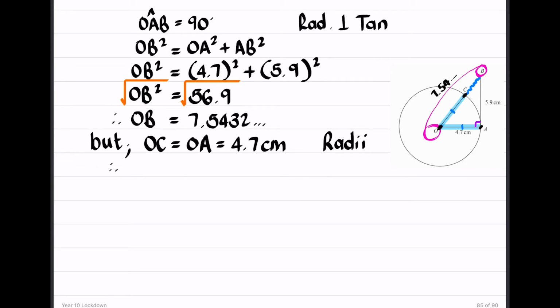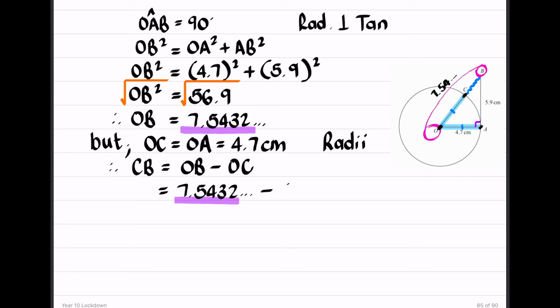Therefore, CB by itself will equal the whole line, which is OB, minus the little part that we know is the radius, which is OC. So that will equal OB, which is 7.5432, etc. I'm just going to highlight where that's coming from. So this 7.54 is what I'm putting for OB, minus OC, which is 4.7. So that means that CB is 2.843